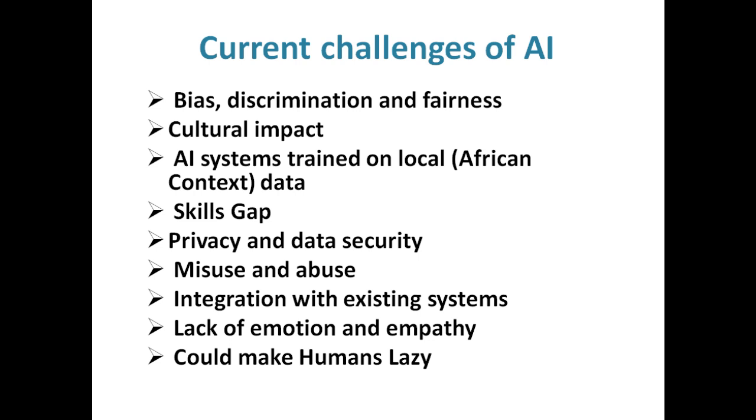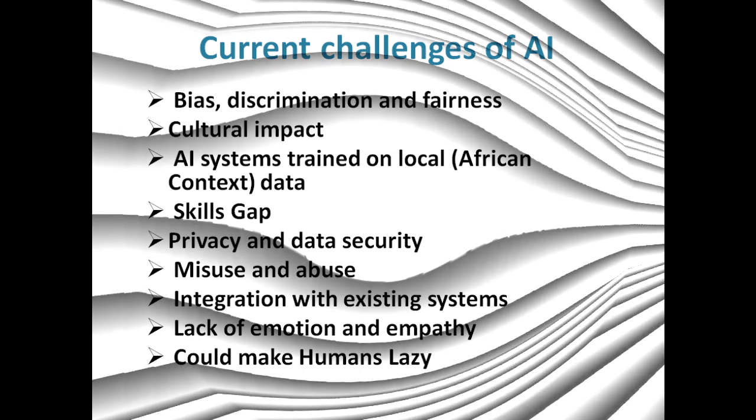And there's also integration with existing systems. The new AI tool is here. How do we integrate it into an already existing system? There's that part also that we need to take care of. There's a lack of emotion and empathy with AI. Sometimes you look at people that come to you, possibly an aged person, and you would wish to have empathy and would sometimes create exceptions for your processes. Out of AI, we don't get that. Another part is that they're saying it could make humans lazy. Not knowing how true that is, but at least it does exist.